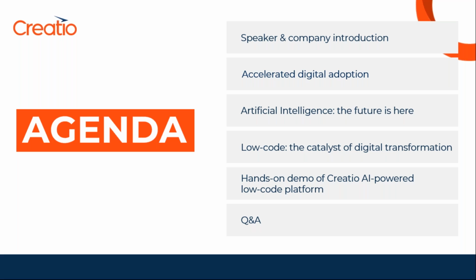And then we're going to bucket ourselves into two technologies. Number one would be artificial intelligence, and see how we can take advantage of AI and use it in various means. Of course, coming from Creatio's perspective, we're going to be hyper-focused on the CRM side of AI. And then also from the low-code perspective, what can we do to understand customer analysis, customer sentiment analysis, customer profiling? What can we do potentially with all of that?